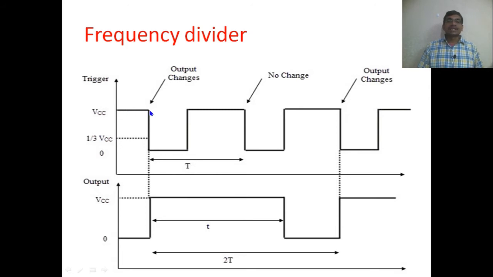Here, when the negative going signal arises, it triggers the monostable multivibrator from the stable state into the quasi-stable state, so it changes its output. Again we get a negative edge here, but at this point our output is still in the quasi-stable state, so it won't change its state because the quasi-stable state is already running. Therefore it will neglect this edge.